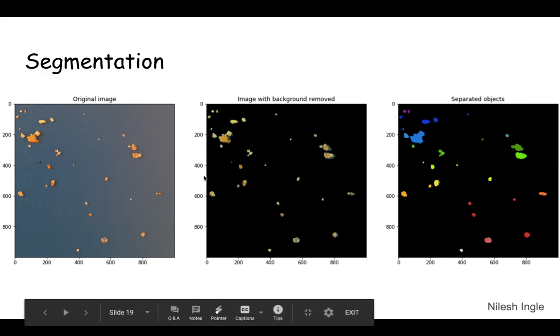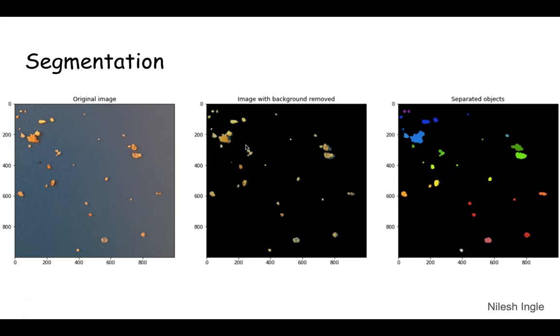So if you see on the left hand side, this is the original image which has the background there. In the center image, the background is removed and it's now black in color and only the grains of sand are visible. On the rightmost side is the segmented image, and we can see that each grain of sand is now labeled